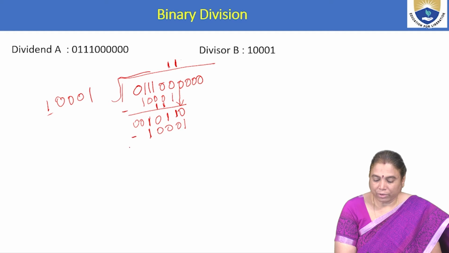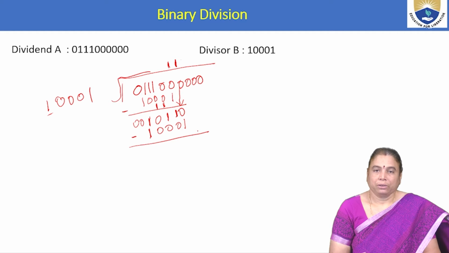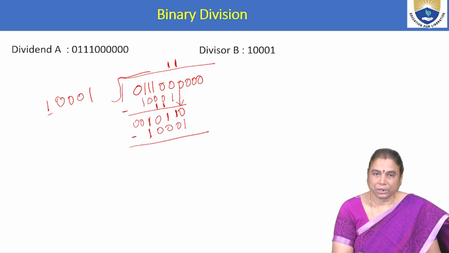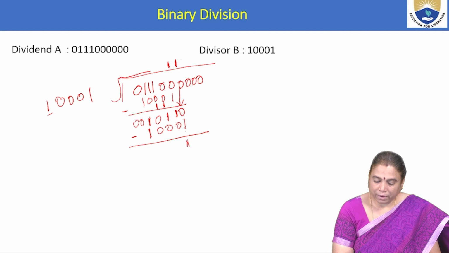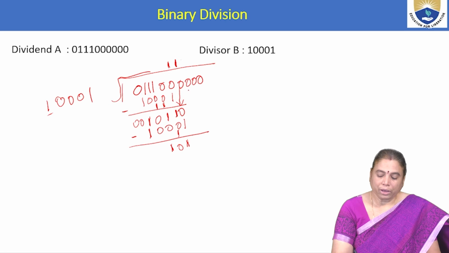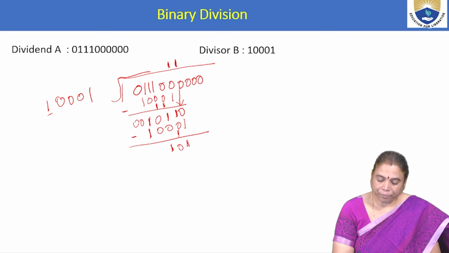And again perform the subtraction. So the division can be a sequence of successive comparisons, subtraction and shifting operations. So here 0 minus 1, 1 with a borrow 1, 1 minus 1, 0, 1 minus 0, 1, remaining all are zeros. Next we have to append the